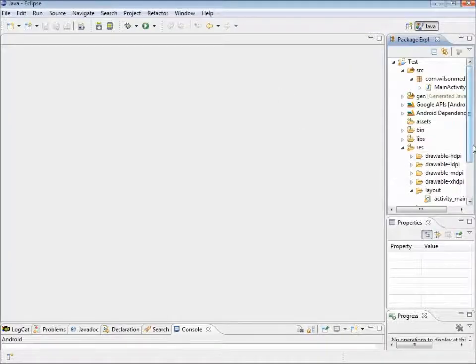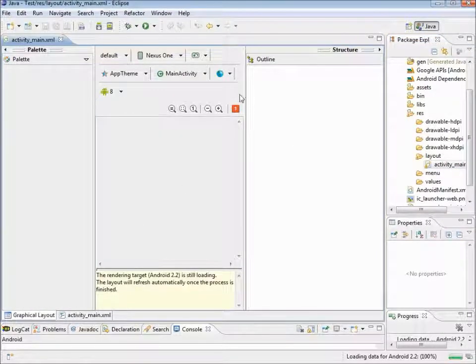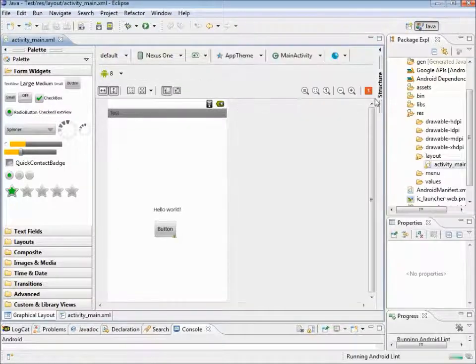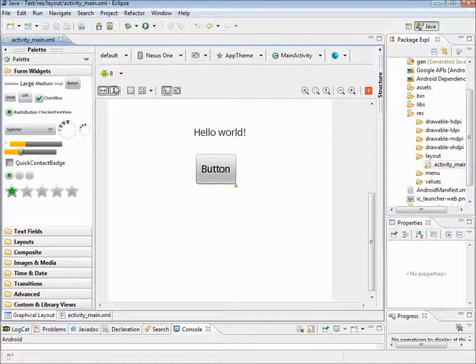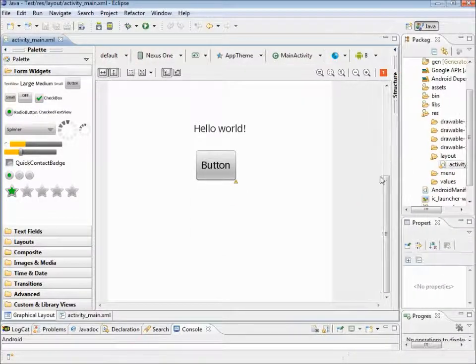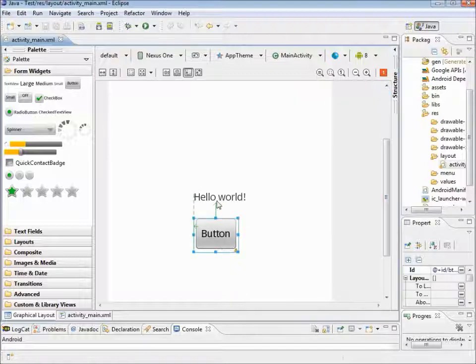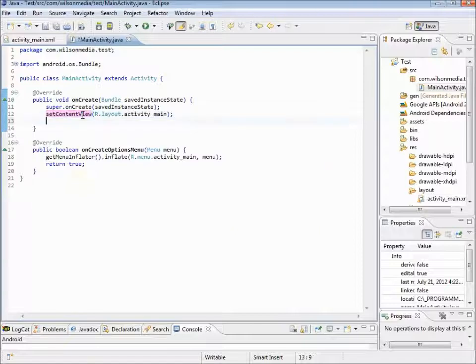Alright, so the first thing I'm going to do is go in here, make sure this is what I want it to look like. I'm pretty sure I like the way this looks, the way it's laid out. We got our button, our text, and then I'm going to go back into our code, and on the onCreate, I'm going to